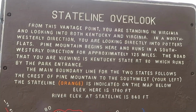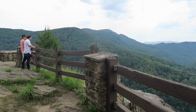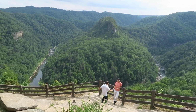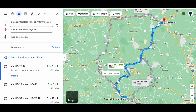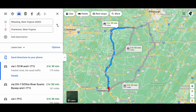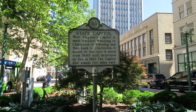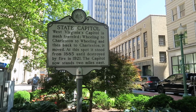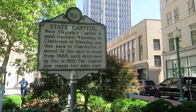In our last video, we visited an overlook at a park where we could see Kentucky and Virginia at the same time. In this video, we will be exploring Charleston, West Virginia's state capital. The capital used to be in Wheeling, but then it went to Charleston, went back to Wheeling, and back again to Charleston. There's a sign in the downtown area where the state capitol building once stood from 1855 until 1921,